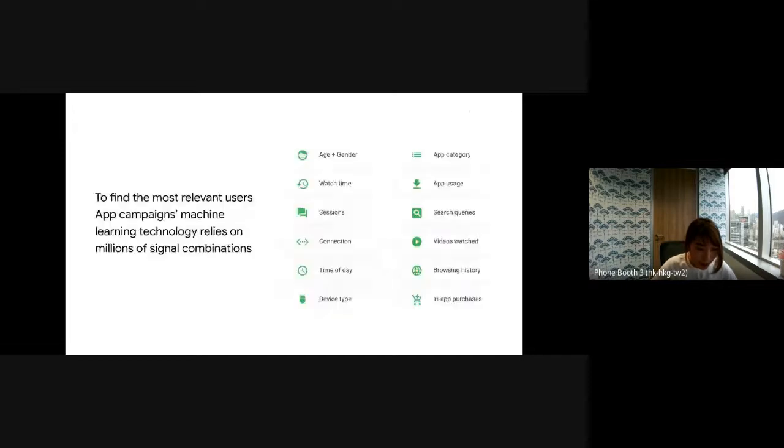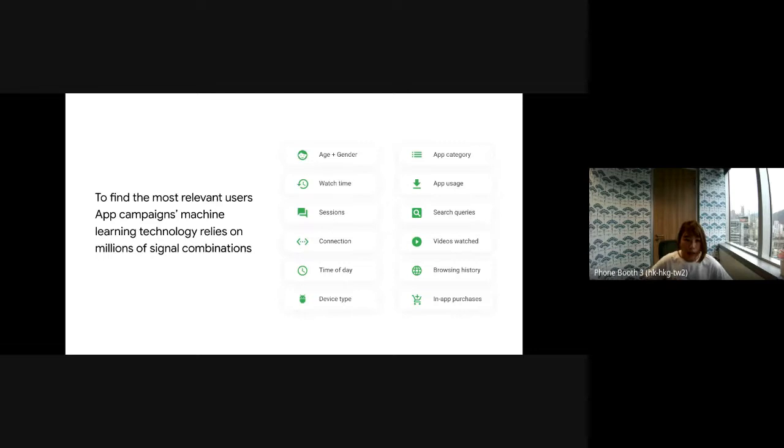So if you have Firebase on your app, we will automatically bring a lot of powerful signals by default to your GA reports already. That will include your user session data, your app usage, and most importantly, the in-app purchase or some other conversion signals that are being tracked on your app.